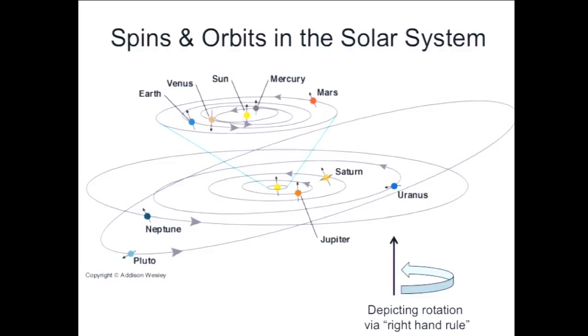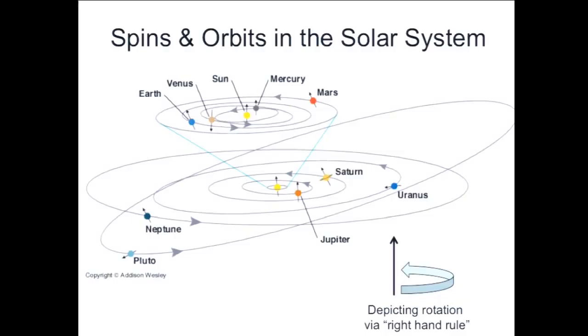Then these other little arrows associated with each object, the sun and all the different planets, tell you the direction of the spin of the planet, like the Earth's: the one-day period of our rotation about our own axis, not about the sun. So you can see that most of the objects in the solar system spin in the same direction as they orbit. The arrows are pointing up, which by the right-hand rule means that they're spinning around the same axis as they're rotating. There's a couple of interesting exceptions.